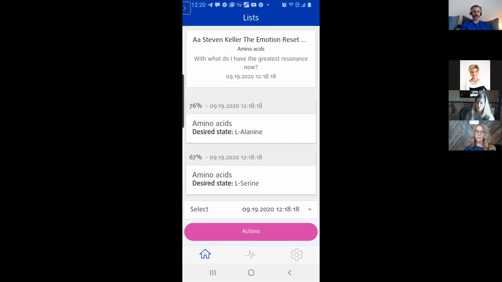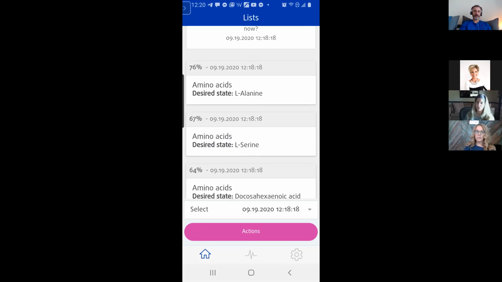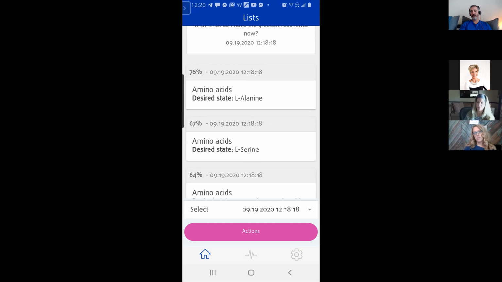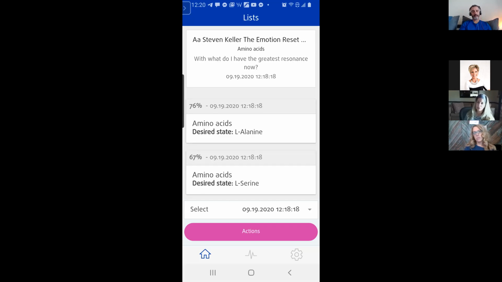Myristic acid. Anyways, L-alanine, 76%. One thing to keep in mind is, since I've been doing so much fasting lately, the amino acids are going to come up quite a bit. One of the things this did for me is I have a product called Fortigen, which I don't really technically sell. It's an amino acid product in a very specific blend, and stunningly effective. I can use that product while I'm fasting. It works so effectively that I can actually gain lean body tissue while fasting, which technically would seem impossible, but it works. It's pretty freaky.